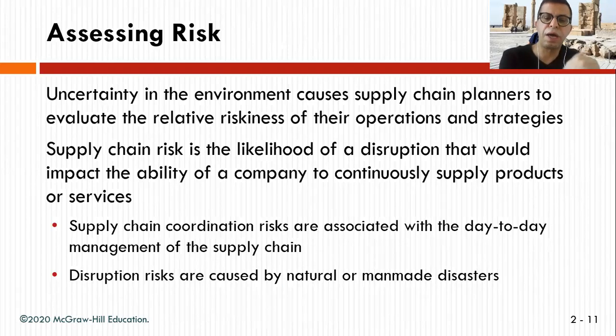So the supply chain coordination risks are associated with the day-to-day management of the supply chain. They look at the whole supply chain and try to see the risk there. So if you bring a product, they look at the supplier, the transportation, the processing, and the transportation to the customer if they have the responsibility for distributing. The disruption risk could be caused by natural or man-made disasters. Now, to break it down,